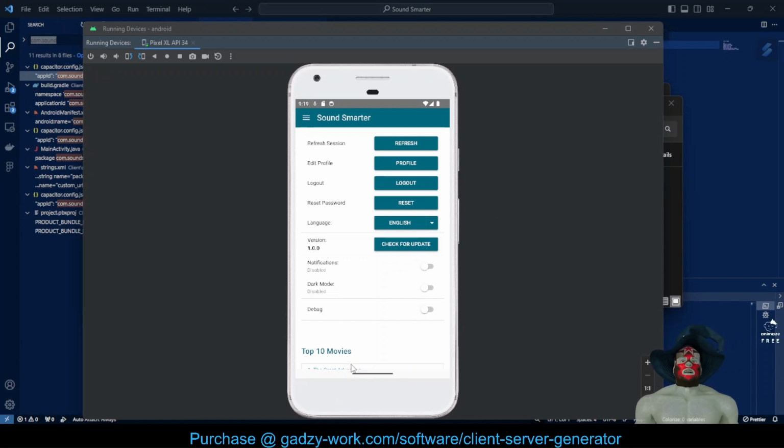The reason why I'm showing you the mobile version instead of the web version is because the mobile version has a little bit more settings visible. For instance, notifications is one of them, and version checking. When you run the client server via web app, you always get the newest version. But when you're running the client on your phone,